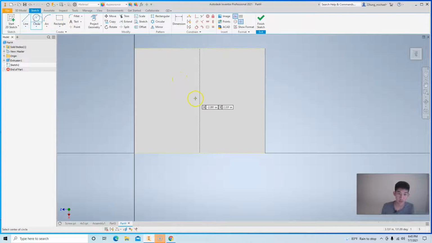And you can also make construction circles, construction arcs. So as long as the construction tool is selected, everything that you make will not be affected. So I'm going to use that construction tool so that it's easier for me to find the center with this point tool. And right there. So we'll hit that center point, and then we'll use a circle. You could also just click the circle and then come in here. We'll drag it out. I believe that radius was